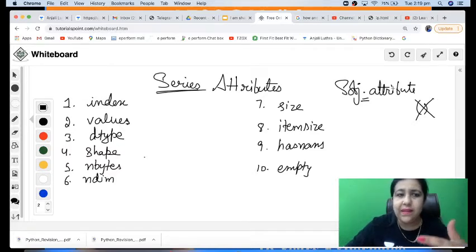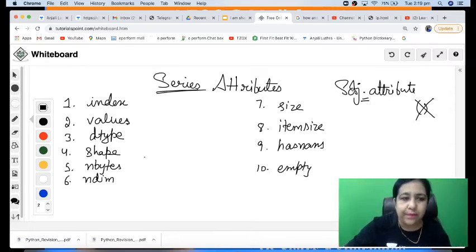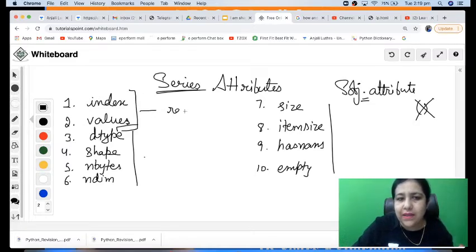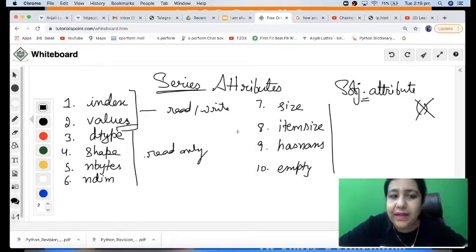I can do two things in this. Either I can only fetch. Some attributes are read only, you can only see the value but you can't change that, but a few are which you can see and also change, right? Normally these, all starting from here, are read only, so they just give you the value, you can't change it. But index and values we can read as well as write, but for the others you can only check the value, we can only read that, that is the basic feature, right? Now how do we do this? Let's do it practically one by one, and then you'll see what is the purpose of all these attributes.